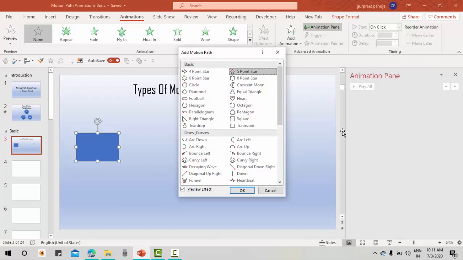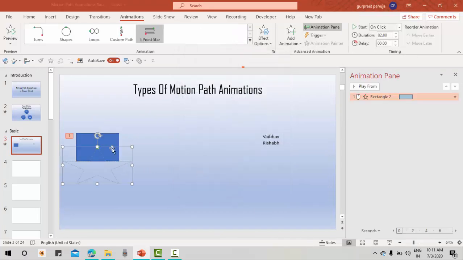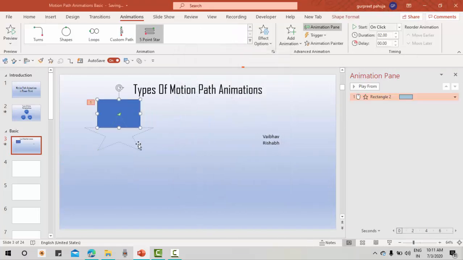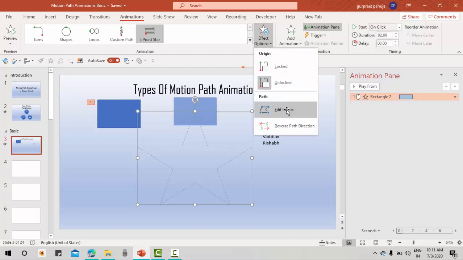So again the 5-point star is the same. If you see, you can increase the size, you can edit point, reverse path, locked, unlocked.